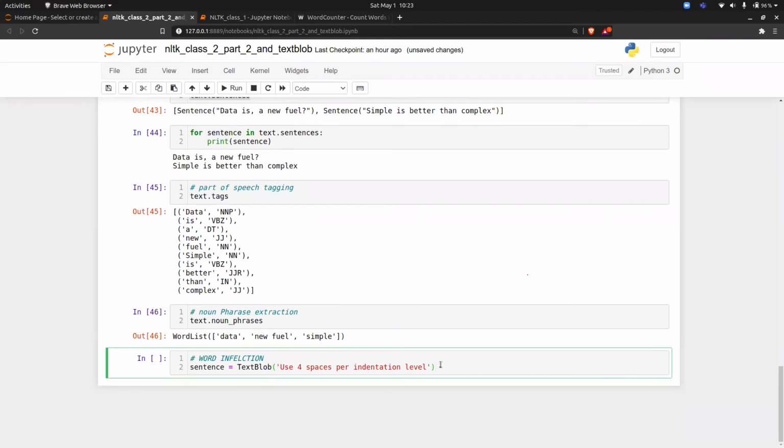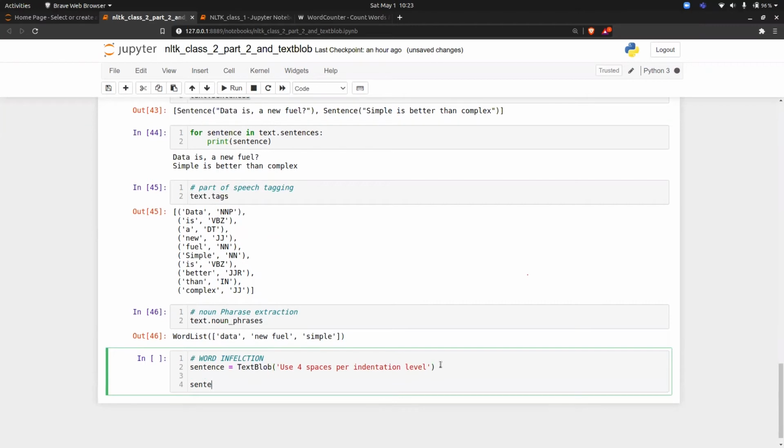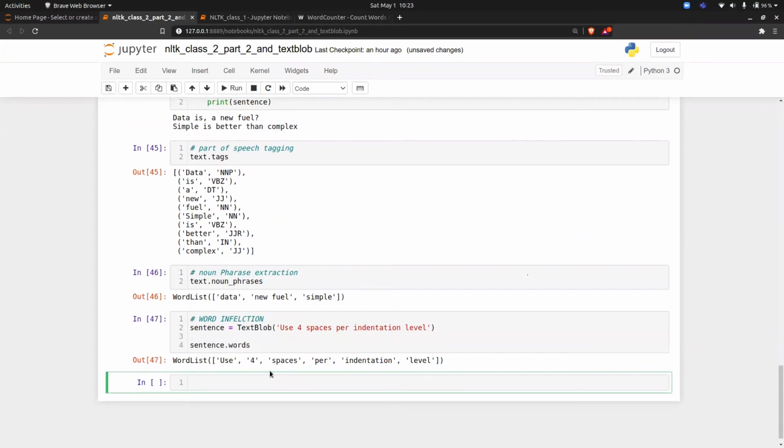So this is a text that I'm putting. You can put any text of your choice. Let's try to do a sentence dot words for this. So once you have done this, this is a list, right? So if I want to extract this particular word, how to do that?